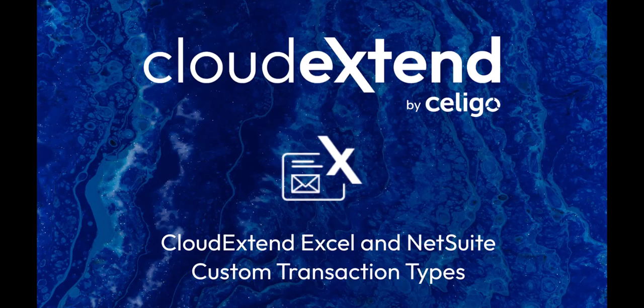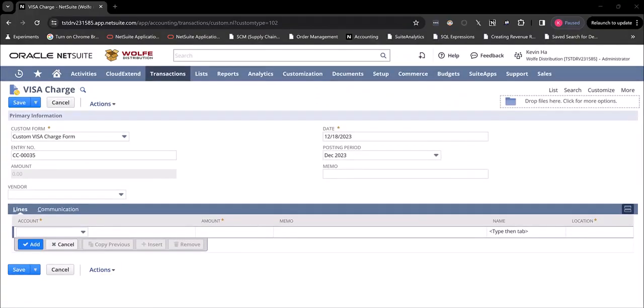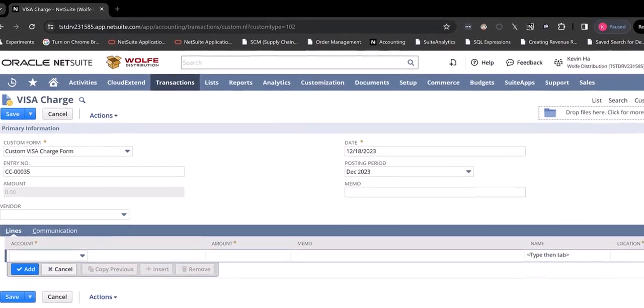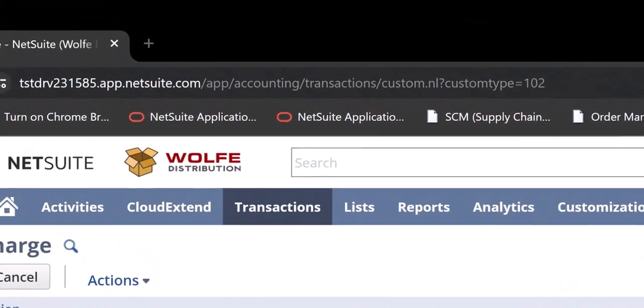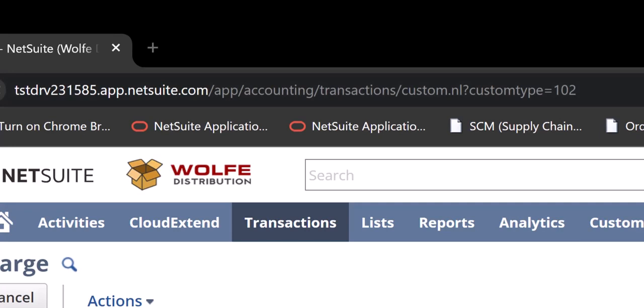This video shows you how to use CloudExtend when working with custom transaction types. When you use CloudExtend to work with custom transactions, you just need to confirm that the transaction type in the record form is a custom transaction type. So in this case, as you can see, I have a custom transaction type in the URL for the Visa